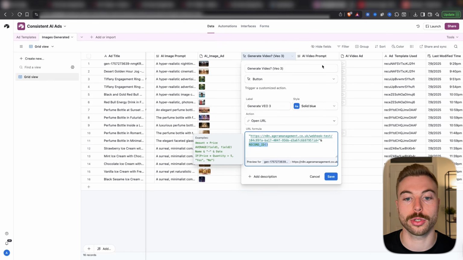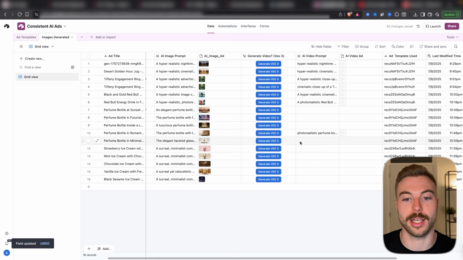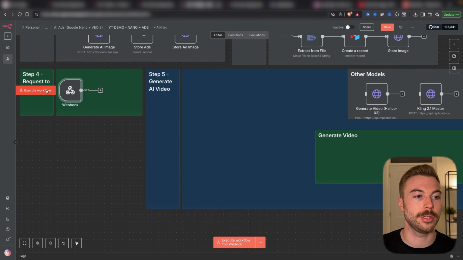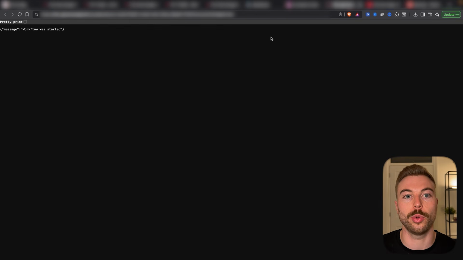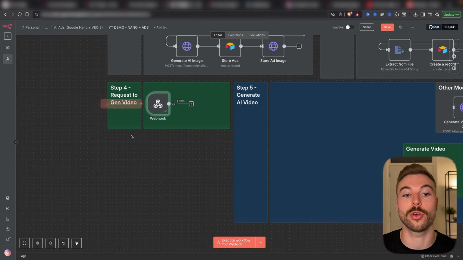We'll come back across, and then we're just going to update before the question mark here, the webhook URL. So now it knows where to send that information. So for example here, if I come down and click on it, we'll get an error because it's not turned on. But if I come back across to our environment, execute the workflow, come down, and then let's do, say, this mint chocolate chip one here, we'll get this workflow started,